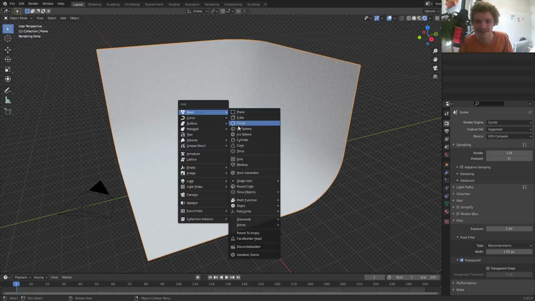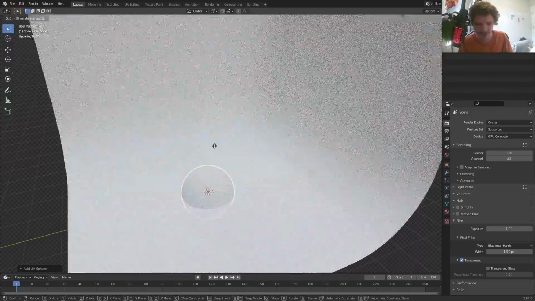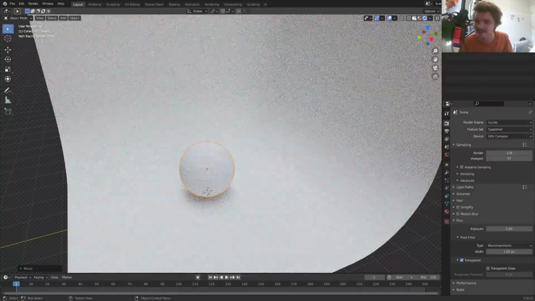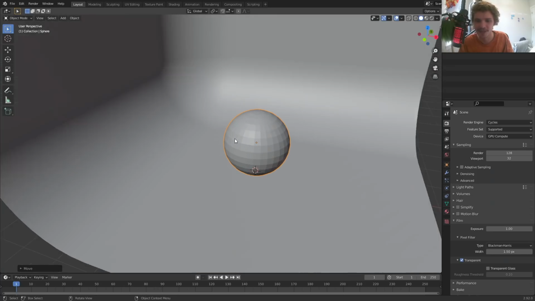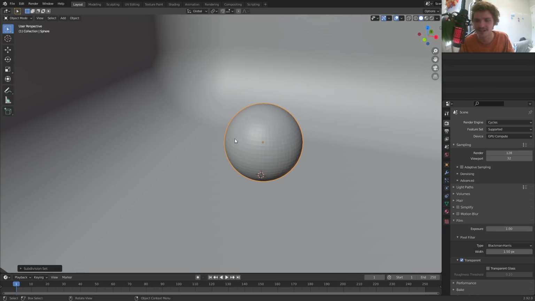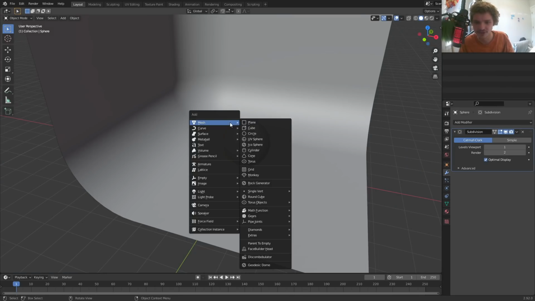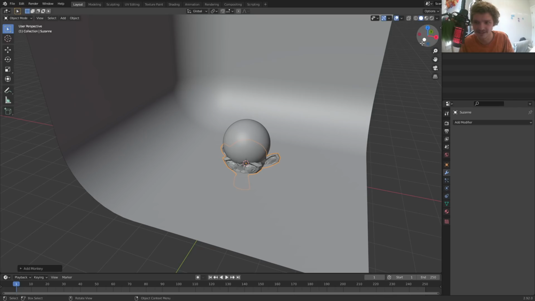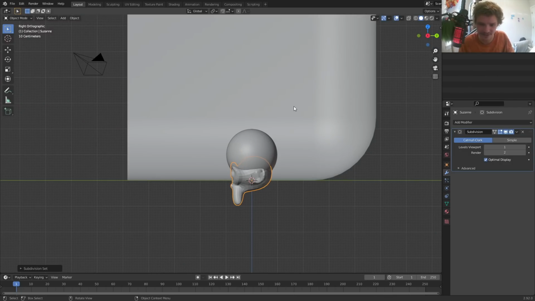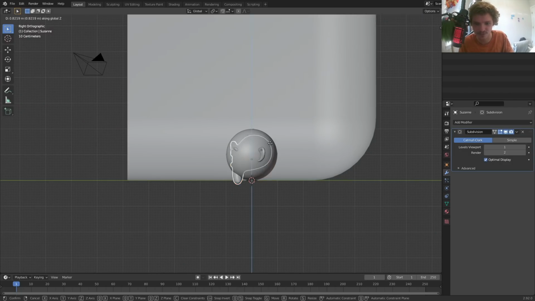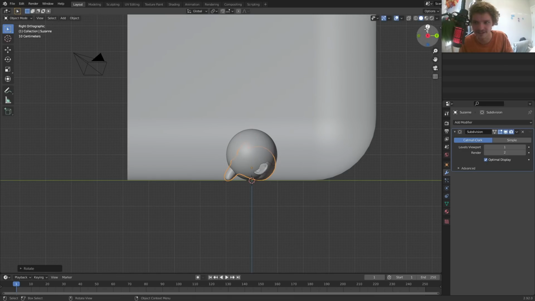Cool. Now for the models, I'm going to use a sphere as one of them. Maybe this is the kind of thing that's easier to do in solid view. Yeah. I'm going to use a sphere, Control 1 to add a subsurf of level 1, or you could instead do Control 2, whatever. This is an iridescent tutorial. Let's move on. Sphere, I'm also going to add in a monkey somewhere. This one's also going to be shade smoothed and subdivided and all this, so boom, we have a monkey,